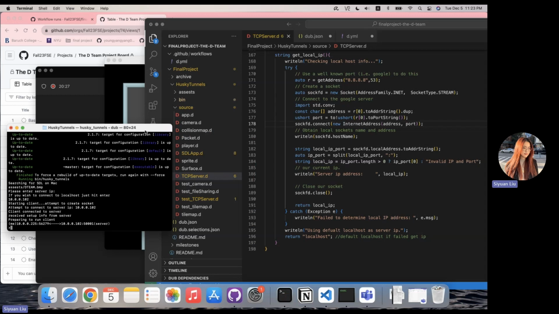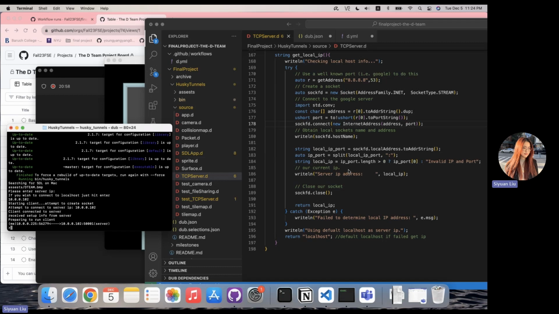Hello guys, my name is Yuan Liu. I'm going to introduce our communication through network feature. From the server side, we implement a function called get local network IP. We first initiate the socket, then get our local network address, not only localhost, by connecting our socket to a well-known DNS server, for example Google DNS, to get the host name from the socket information. We can parse the IP address